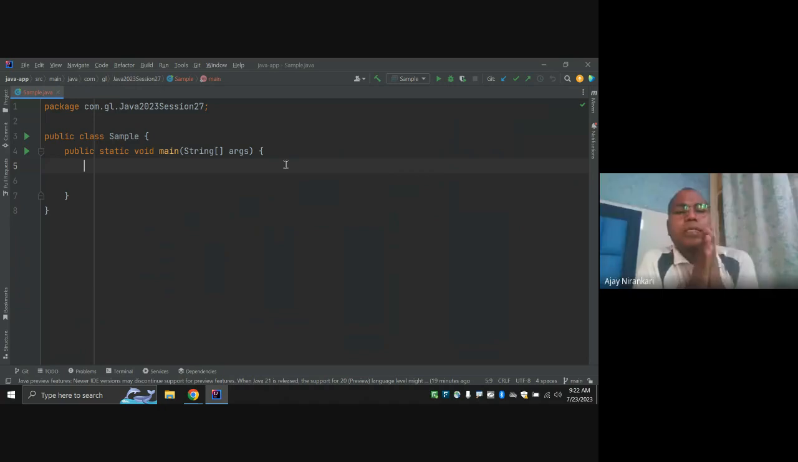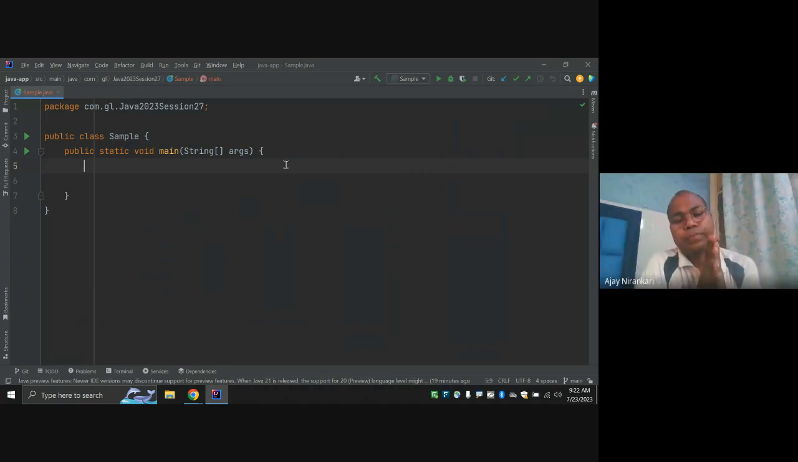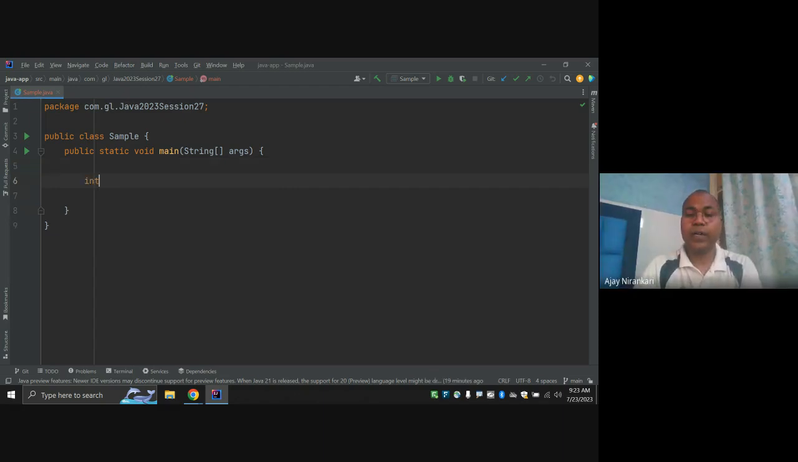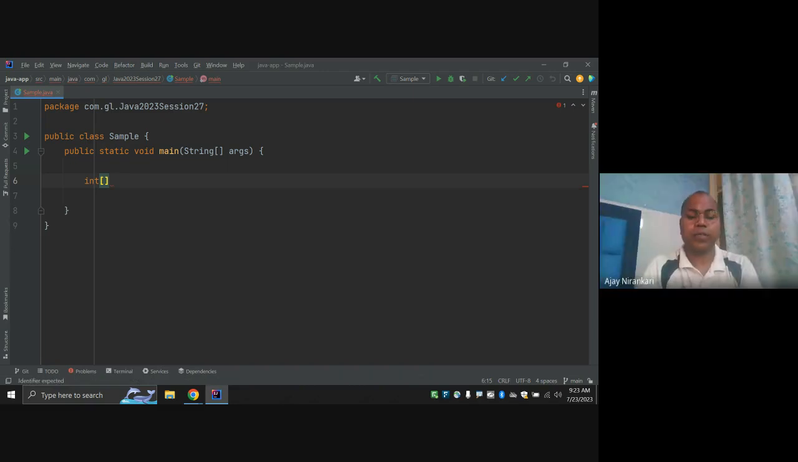So let's start. Today, our objective is to find all the duplicate numbers in a given set of numbers, and also find the frequency of the duplicate numbers. Let us take an example: we have an integer array, numbers, and here the numbers can be